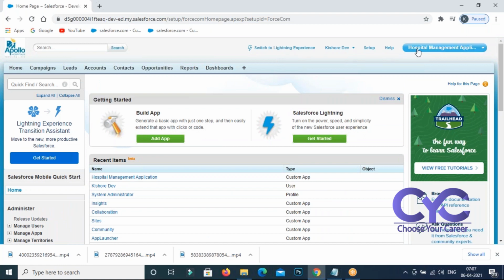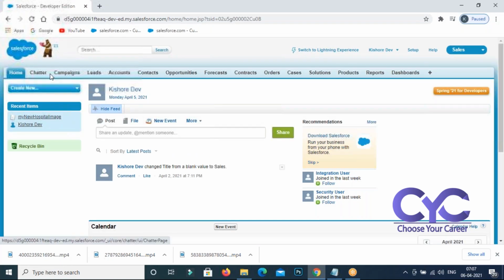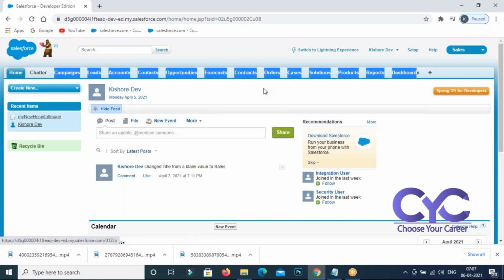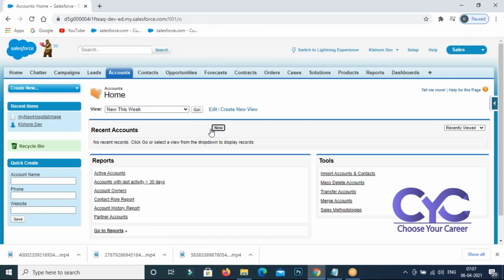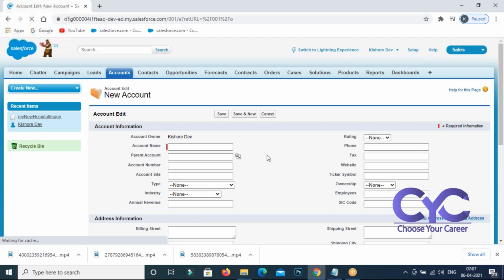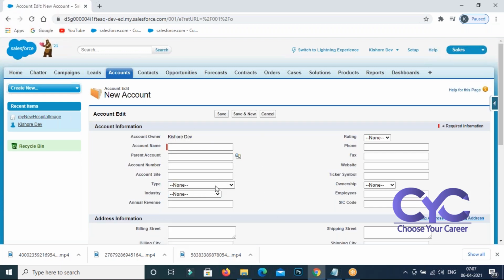Right. Look at here. Whenever you go to our application, called the Sales application, these all are the tabs. And behind every tab, we have an object. Look at this. These objects are given by Salesforce. It is an account object that contains a number of fields, right? These are all the fields. These are the standard objects. Of course, we don't have any option to delete those objects, right? Objects which are given by Salesforce. All of them are standard objects actually.